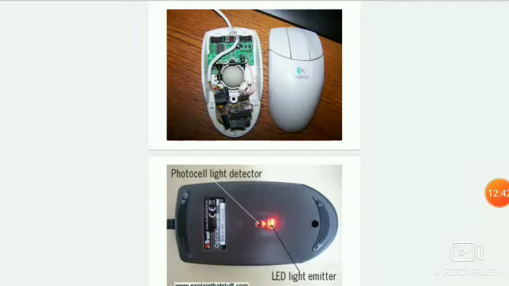A mouse is a small device that we can use to move, select and open items on our computer screen. The mouse is usually kept on the desk next to the keyboard, and depending on the user it may be on the left side or right side. Most mouse devices have at least two buttons, left and right. Most of the actions are performed by clicking the left button. So here the left button is given, and